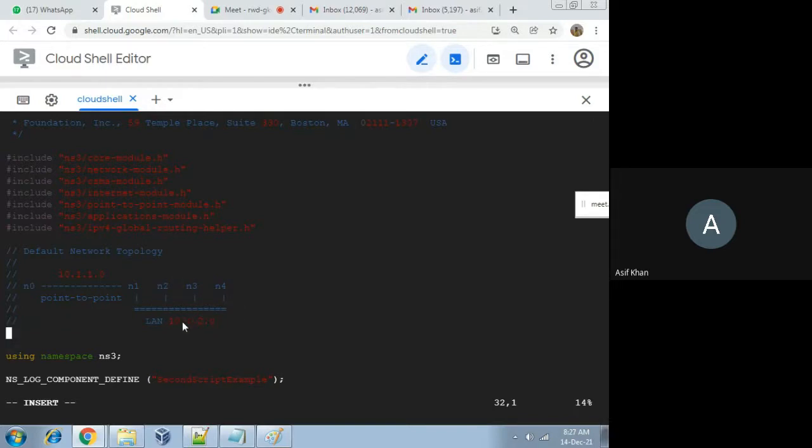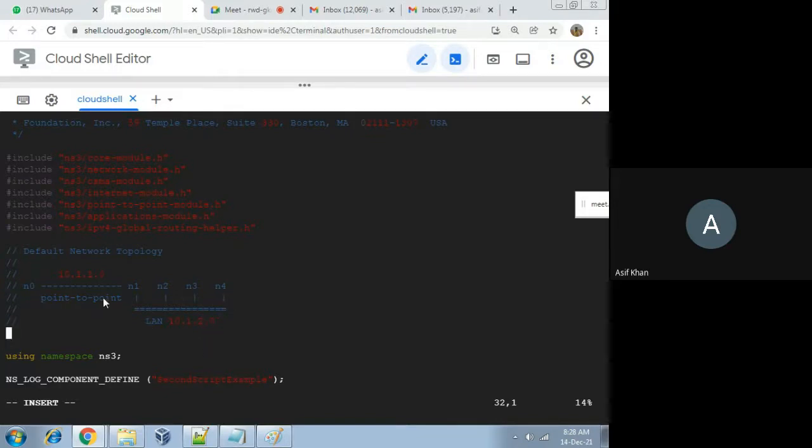Then you make N0 a client and N4 the server. You always take the last node of the CSMA network as the server or destination. The first node of the point-to-point network is always treated as the source, and the last node of the CSMA network is treated as the destination or server.